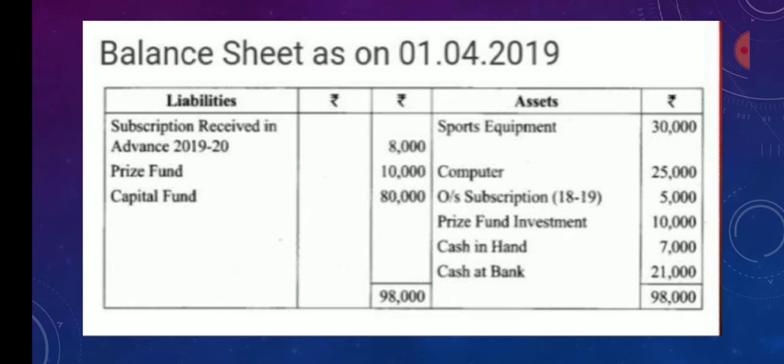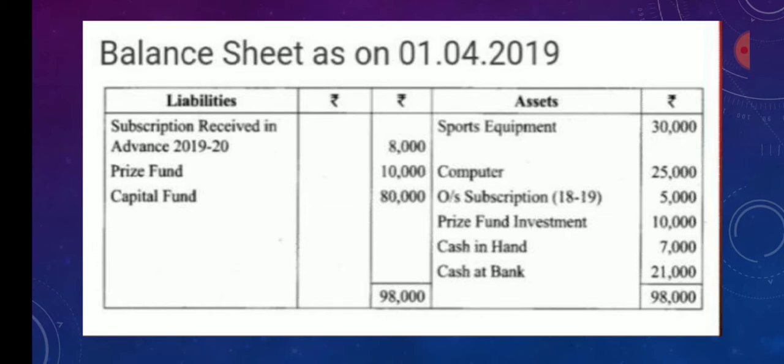We'll come to the liability side. The subscription received in advance 2019 28,000, advance received in advance 8,000, prize fund 10,000. Then the outstanding subscriptions will be shown on the asset side and subscription received in advance will be shown on the